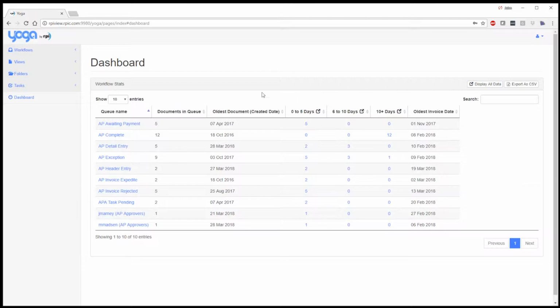This is an accounts payable workflow. However, there are other columns we can add. Virtually any piece of metadata on the document could be added. For example, we have built this dashboard to also include a total of invoice amounts in the queue in the past. Next, the next great feature of this dashboard is that we can actually click on the queue detail